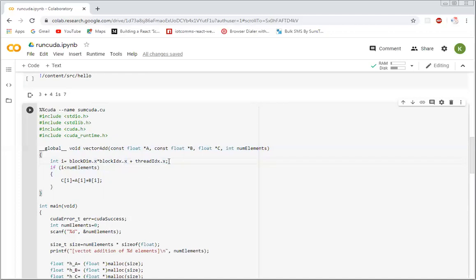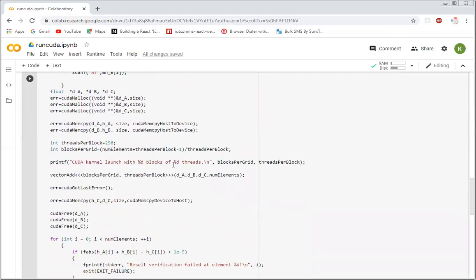Okay. We will go into detail of this later, but for now you should understand there is something called the blockDim variable, blockIdx variable, threadIdx variable, which are predefined variables whose values are automatically assigned by the compiler according to this grid.